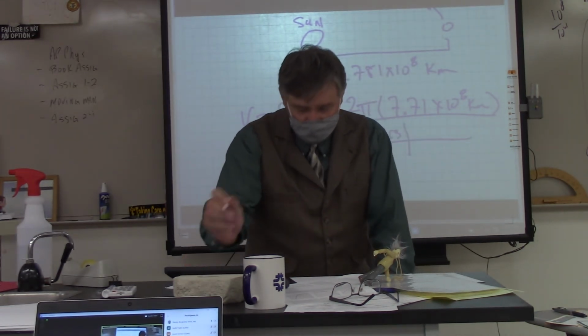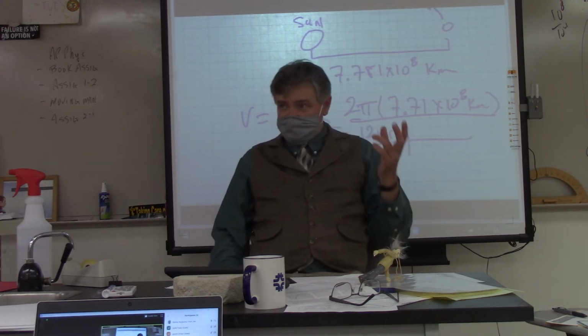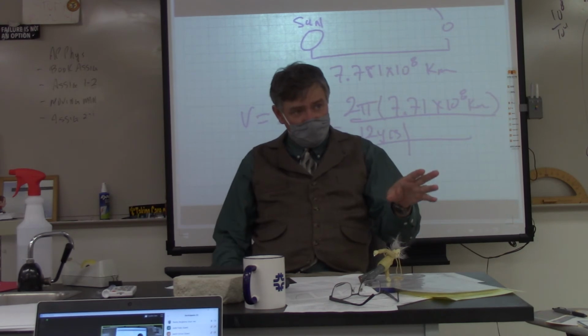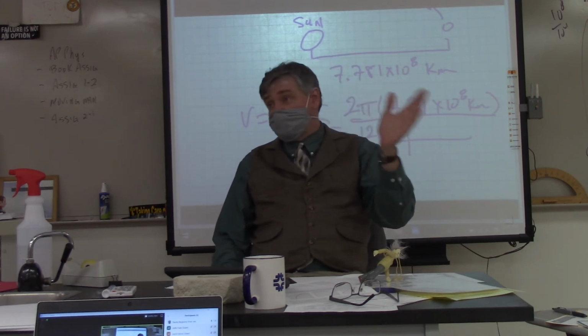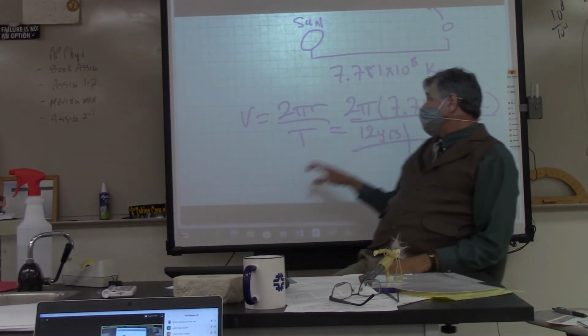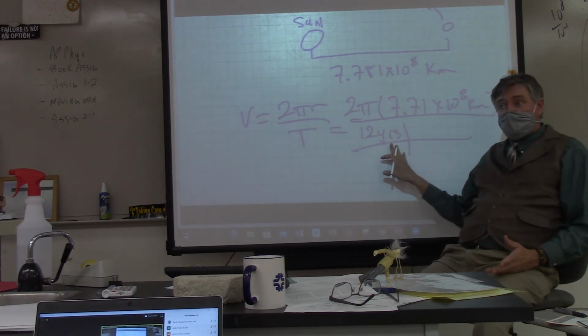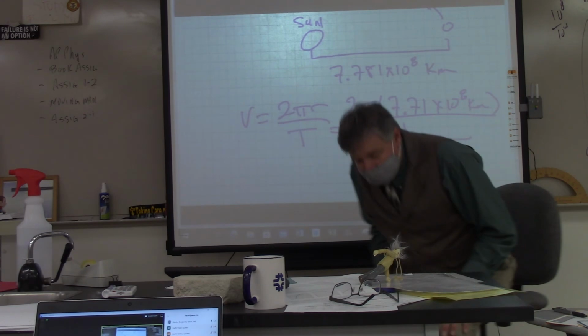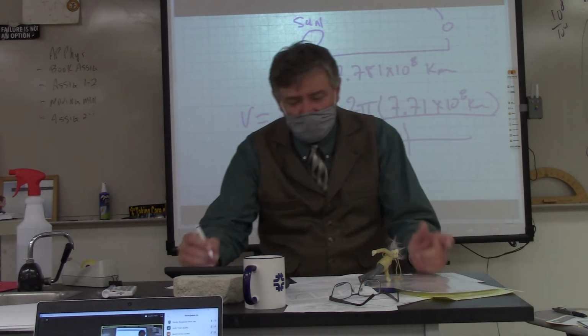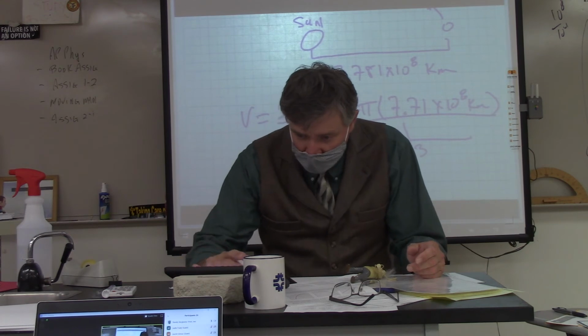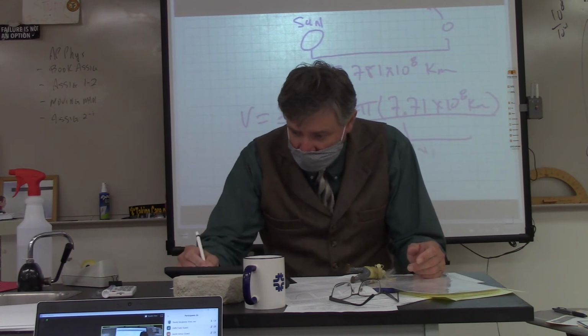Now, notice I want an answer that's in kilometers per hour. So I'm going to take the years and convert them into hours. So 1 year, what can I do with the 1 year? 1 year is what? 365 days. Technically it's 365 and a quarter, but we're just going to call it 365 days, and then 1 day is